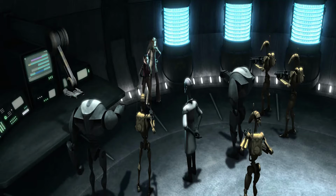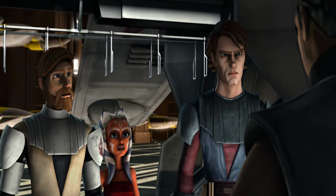And this plan will be able to put the Separatists at an advantage since they use droids and the Republic does use clones. So this virus would be able to take care of clones and give the Separatists a great advantage in the war. So once Anakin and Obi-Wan arrive, they go to try and figure out what has happened,